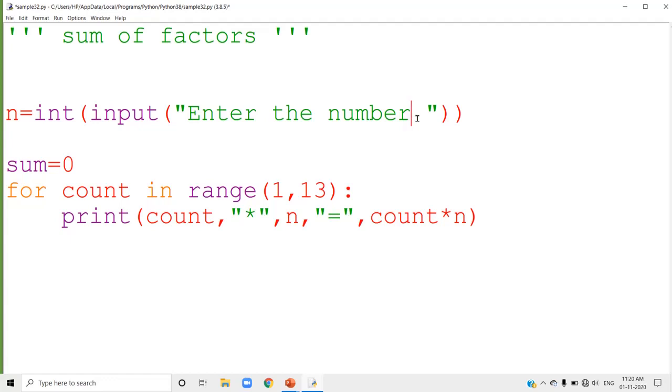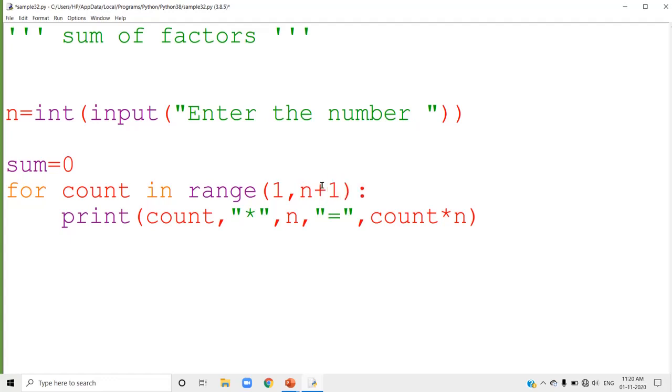So if you want to find the factors of n, then you have to divide n with 1, 2, 3 till n. 1 and the given number are factors of that particular number. So if your number is n, you have to divide it with 1 to n. So that means here 1 to n plus 1.